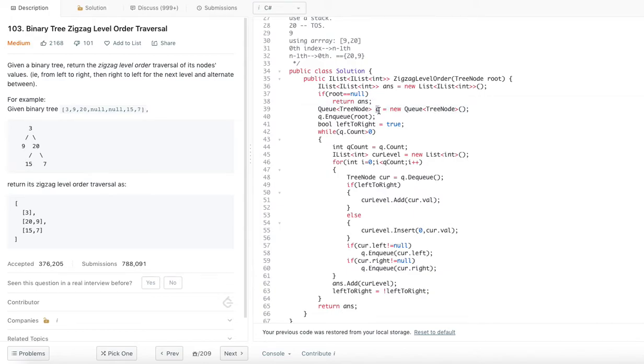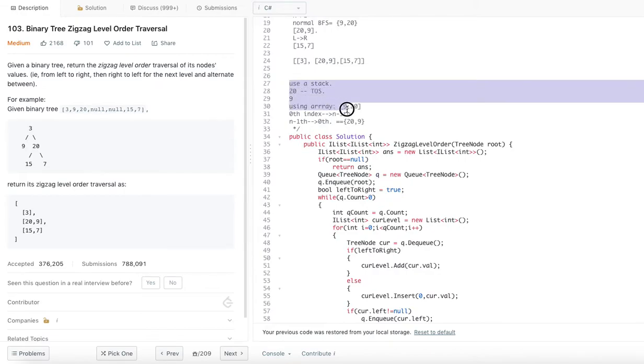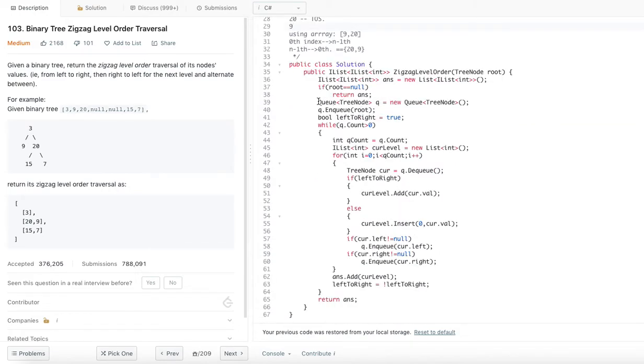This queue is different from the stack or any extra memory that we mentioned. We will come to that step in a little bit. The queue that we are going to use is for the breadth first search traversal. So add the root node into the queue first, and then initialize a variable,